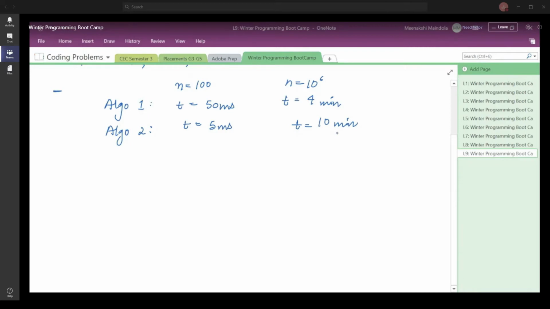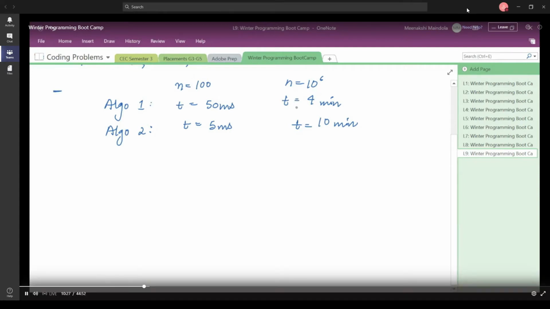So we basically compare two different algorithms with respect to their time complexity. We say that any algorithm which takes less time with respect to the input that you have, so we have a very large input.